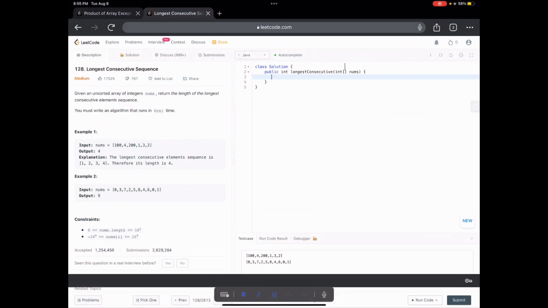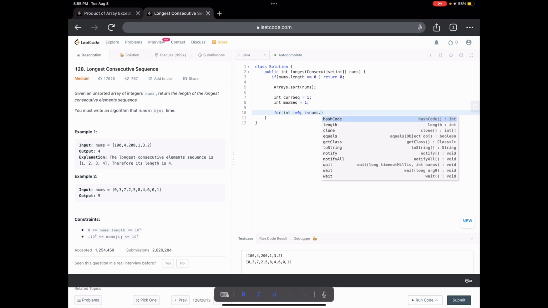All right, so let's code out our brute force solution. So the first thing we're going to do is check if our array length is 0. And if that's the case, then we just want to return 0. Now I want to sort my array to find sequences faster, and I'll have two variables to keep track of my current sequence and to find my maximum sequence in the array. Now I'm ready to iterate through my array,